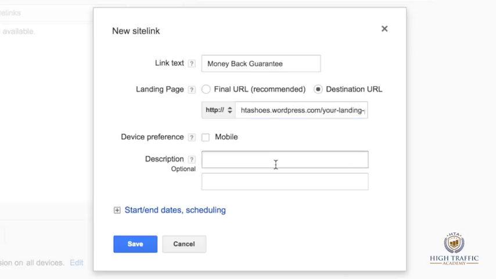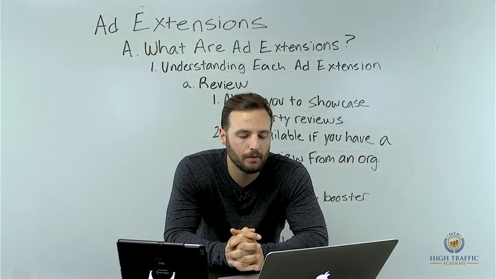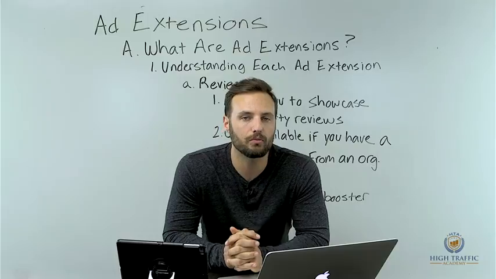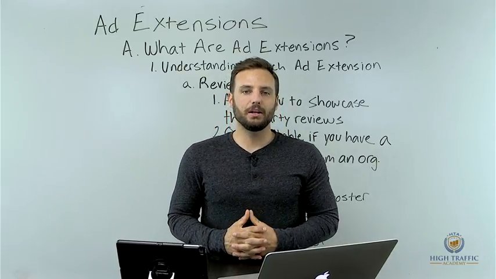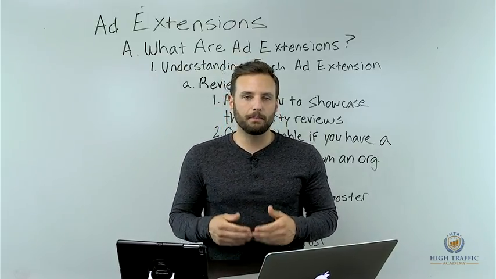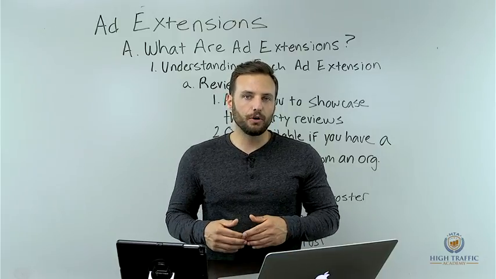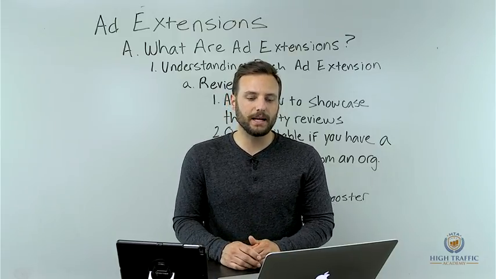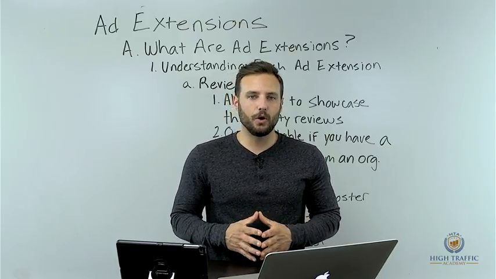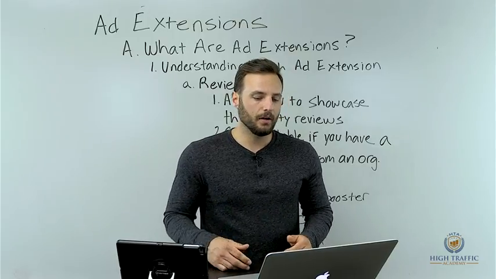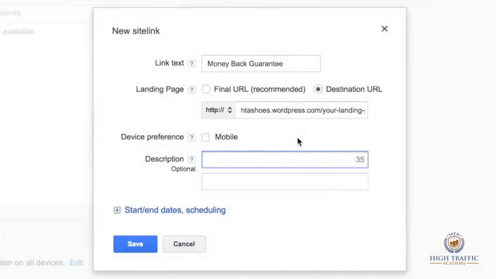Okay, and here you have the ability to include additional description text. In rare instances, I don't see it very often, Google will run your ad extensions included with this additional descriptive text. You should include it. Always write additional descriptive text, but don't be alarmed if you don't ever see it running with your actual ad. So here, you would include something like,